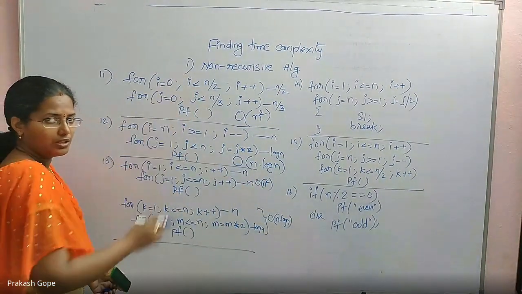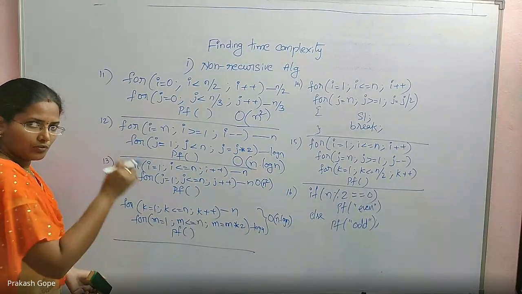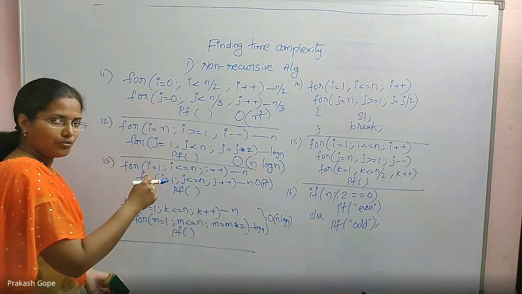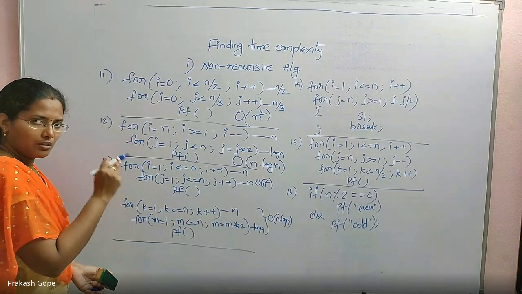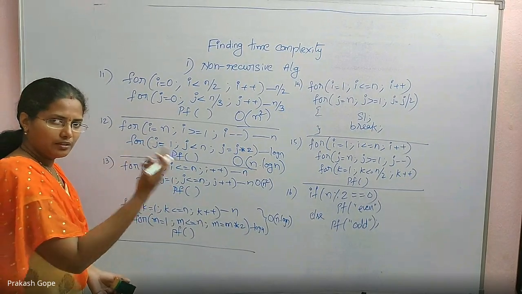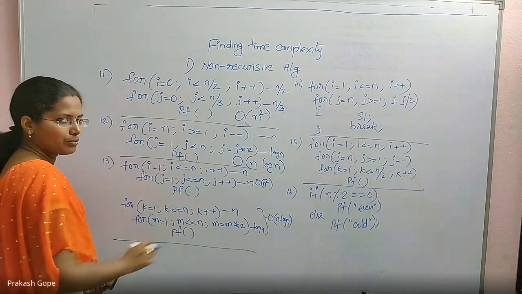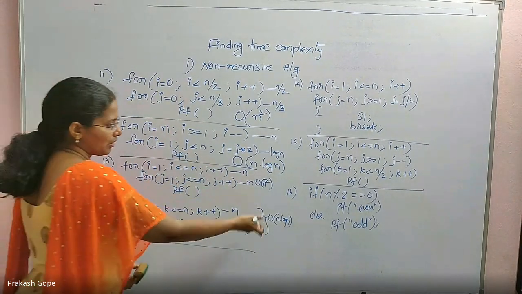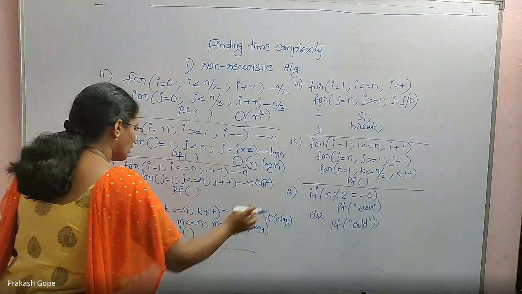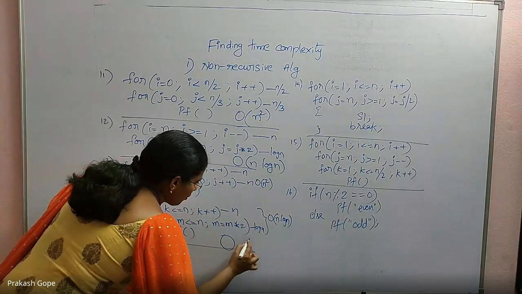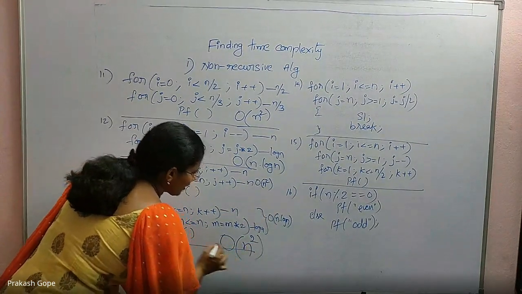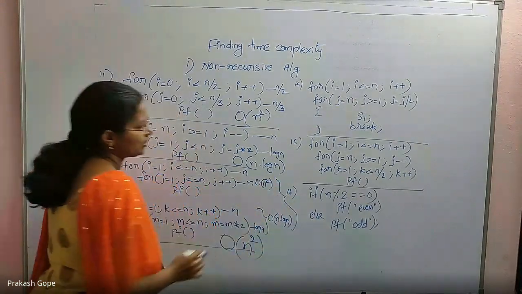Yesterday we learned a relationship, right? Log n, square root of log n, then log n, root n, log n, power 3 by 2. There is a property, so from that you know which is bigger and which is smaller. Among them n square is the biggest. So the time complexity of the whole algorithm is n square, because it is the max of these two.